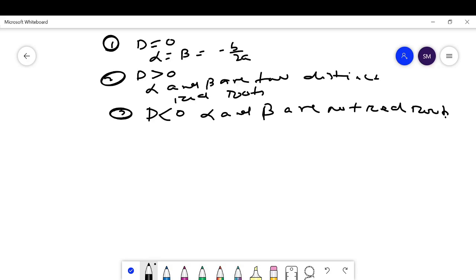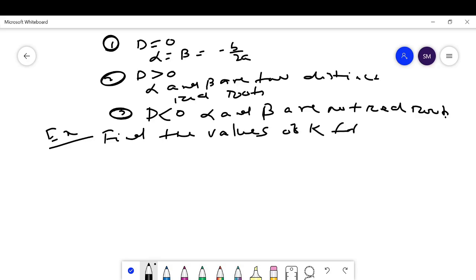Let us solve examples. I have already told you students, please practice more and more questions, then you can solve any questions which will be asked in your exam paper. Please practice a variety of questions. Maths needs practice. Try to always practice more questions and you may ask your doubts in my comment box.